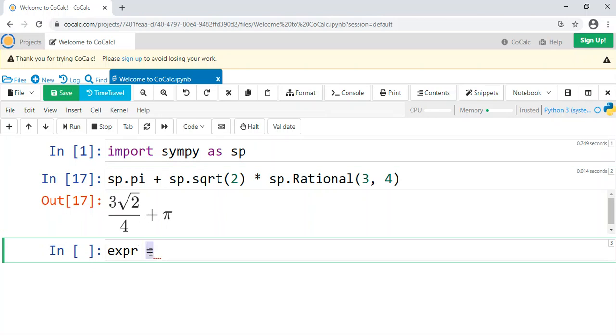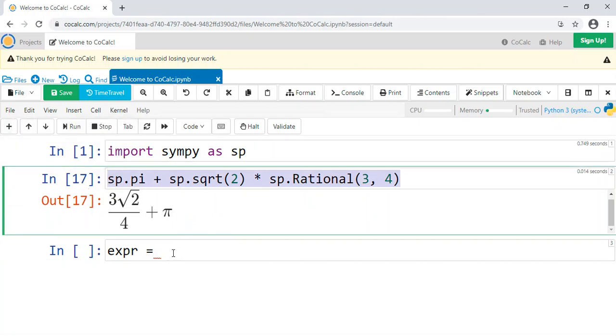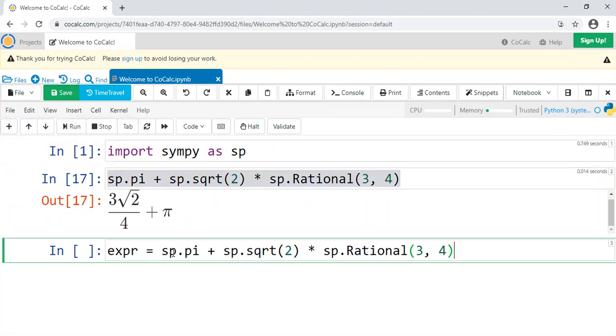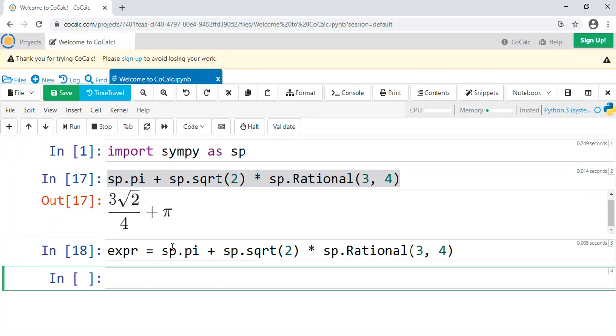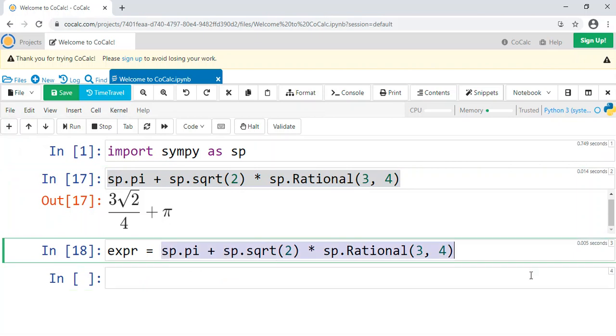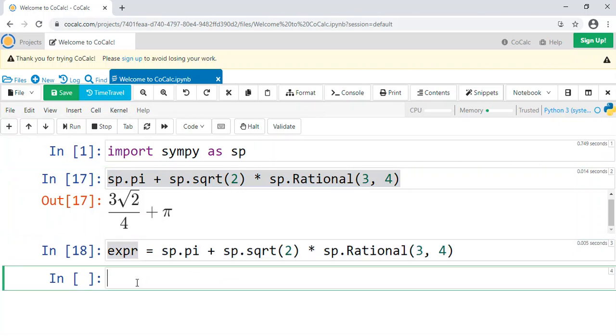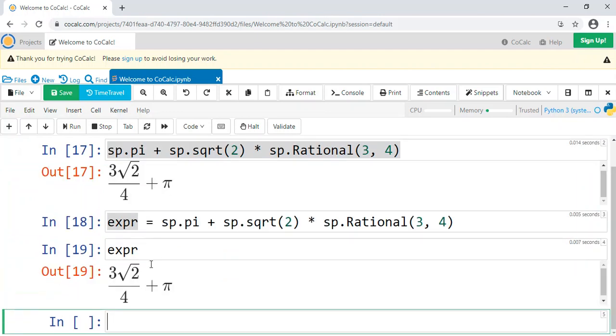The equal sign says, okay, well, what are we going to store inside that variable? We're going to store some expression, and so let's go ahead and do this. Let's just copy paste it so that we're storing the same expression in there. All right, so now we've stored this expression inside our variable expr. Let's go ahead. If we were to run expr, you'll see we get the same thing.